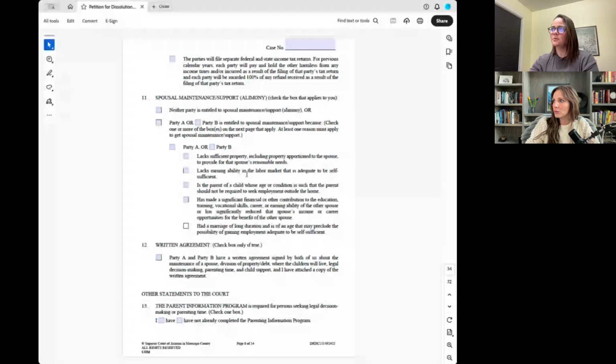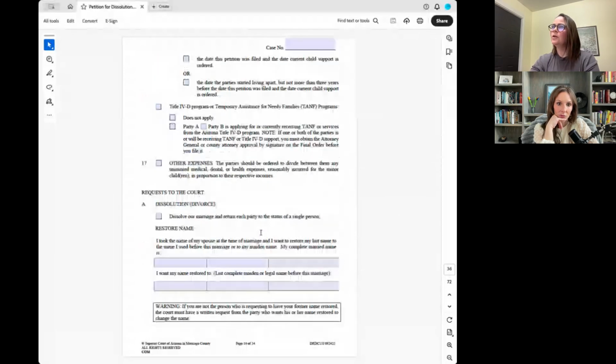So that's one that we just talked about, was they lack earning ability in the labor market, maybe because their marriage was super, super long and they stayed at home taking care of kids. So now they need to get some new training, new job experience so that they can provide for themselves. Then the court's asking if you have a prenup that they should look at. Maybe you've already decided how to divide things. Everything else on these forms is